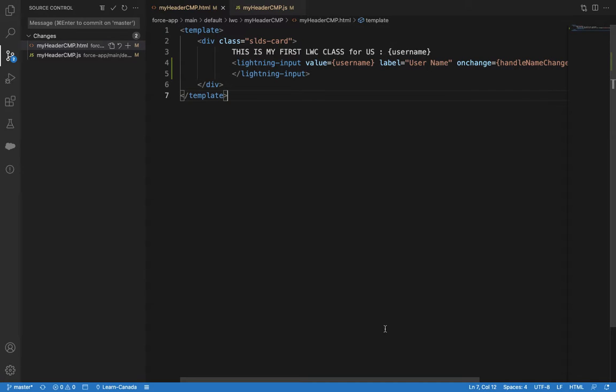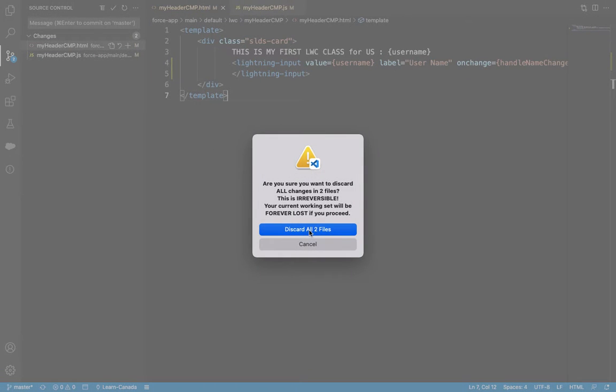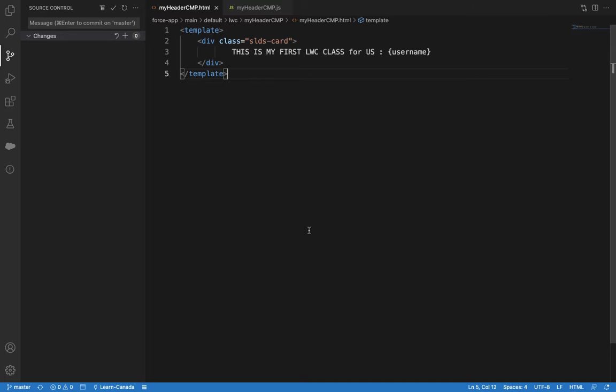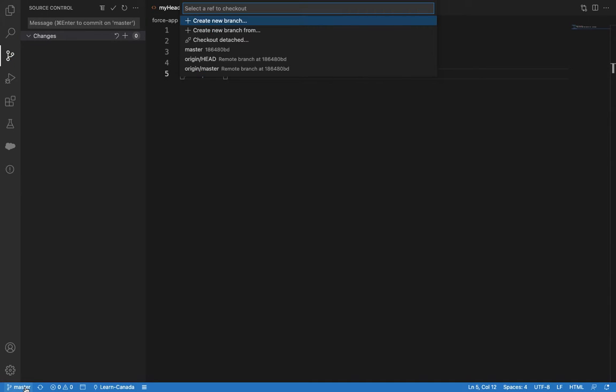Thinking to merge these changes. Now I'm thinking to merge changes. How can I merge? Let's say first let me delete it, discard R2 files, it's okay. Now here I'll click, I'll create a new branch. New branch in the sense